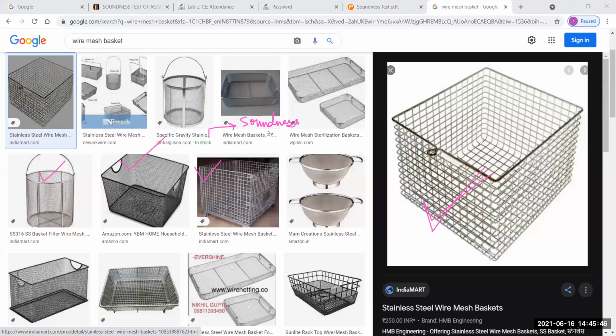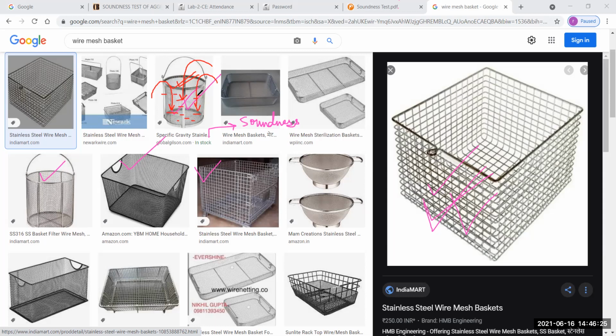Okay, this is one kind of your wire mesh bucket. This is also another kind of your wire mesh bucket. We generally use this type of bucket during our testing of durability of an aggregate. So basically, we put our aggregates in this bucket. Also, when we fill the aggregates in this bucket, we put our chemicals, which is sodium sulfate or magnesium sulfate. We put the chemicals also in this wire mesh bucket.